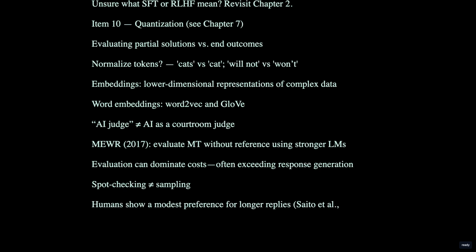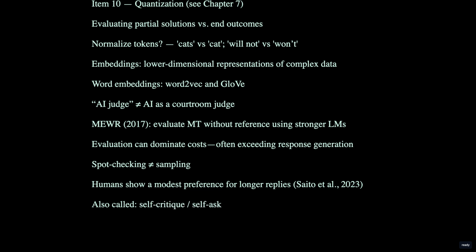Saito and colleagues measured human choices and found a tendency to prefer longer responses. The effect exists, but it's fairly small, much weaker than other preferences we might observe. This technique is often called self-critique or self-ask. It means the model evaluates its own output and asks internal follow-up questions to find errors or missing steps before